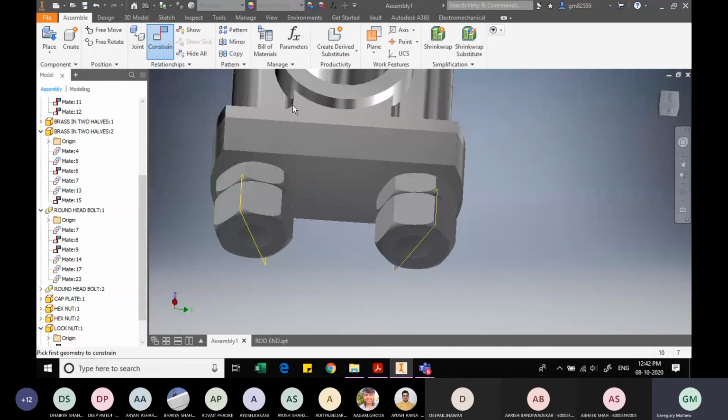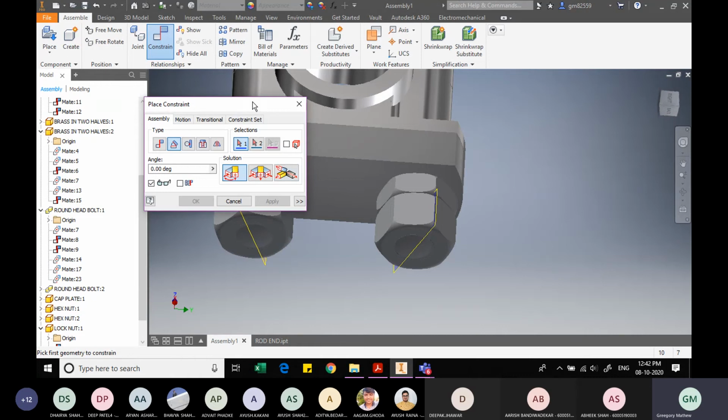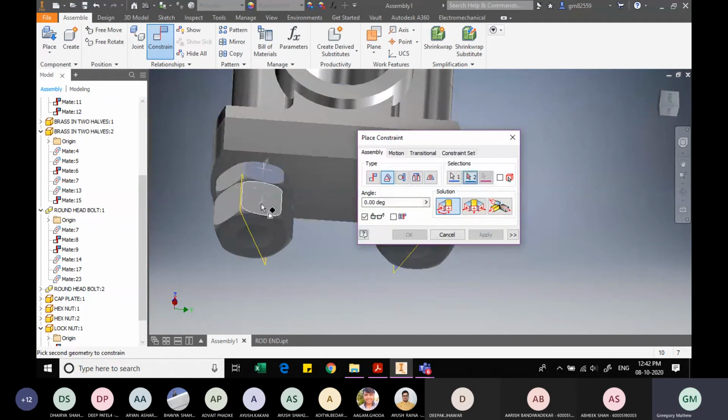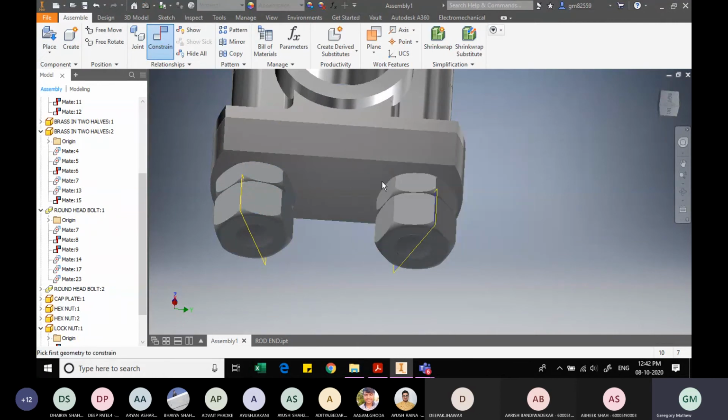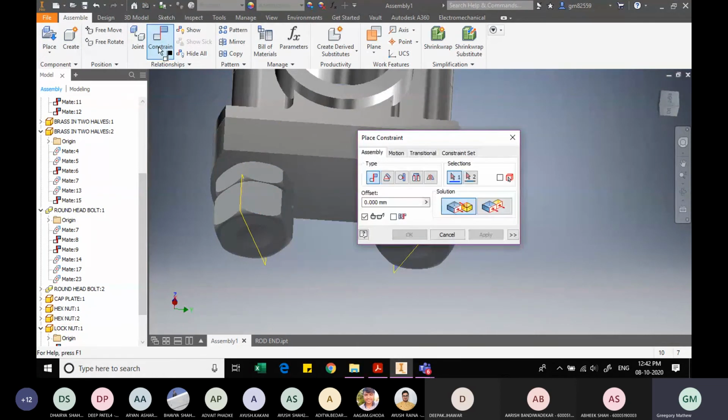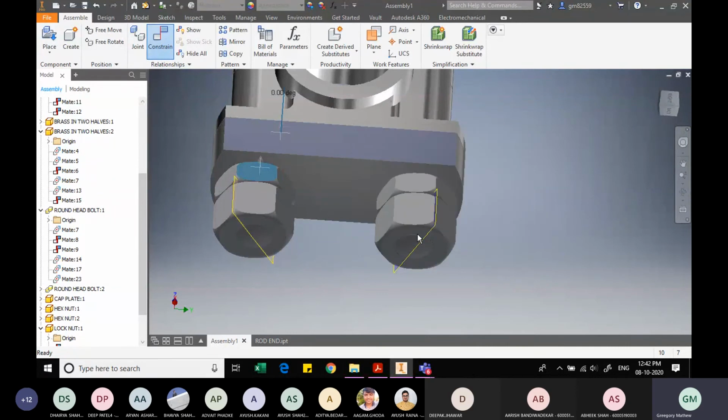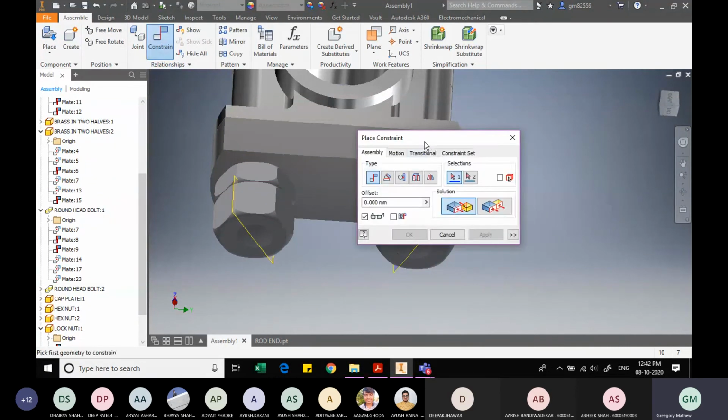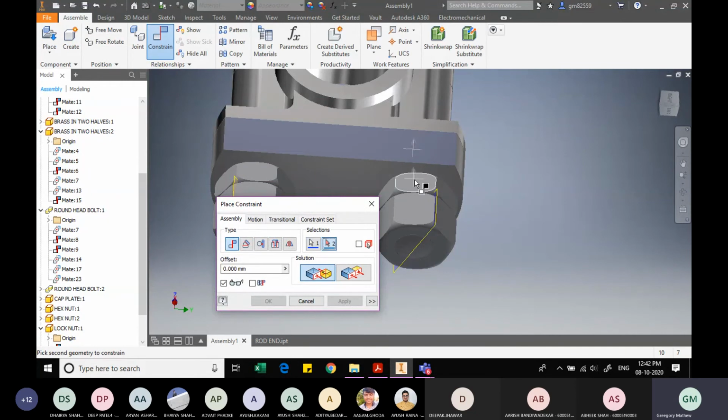I click on apply. Similarly, I will use the angle constraint between these two faces also. So angle constraint, the first option, and the angle between this face and this face should be 0. Apply. Now to make it all proper, to prevent all rotations, we will constrain the angle between this flat face and this flat face, and I will use the first option and make it 0. And similarly here for one angle between this face, where's the angle option here? Angle option, the first option, so between this face and this face, the angle should be 0.